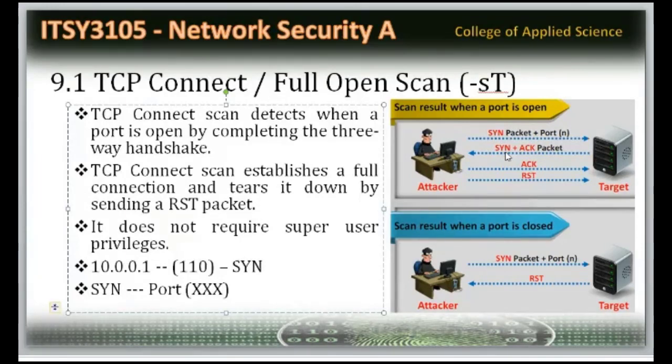I'm going to find very easily what the port number of the target machine is. And also, I can come to a conclusion: because I'm giving SYN and getting SYN plus acknowledgement, this machine is on, this machine is running. So this machine is live, plus the port number of this machine, I got it. Then immediately I'm giving an acknowledgement, so the TCP connection is established, and immediately after giving the acknowledgement, I'm going to close the connection, reset. I'm just going to reset the connection. So the connection is reset.